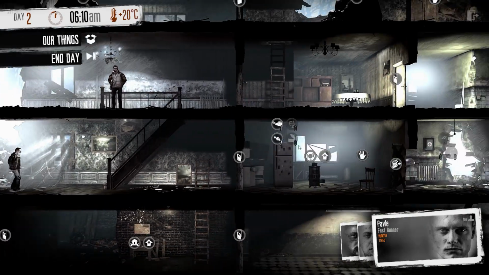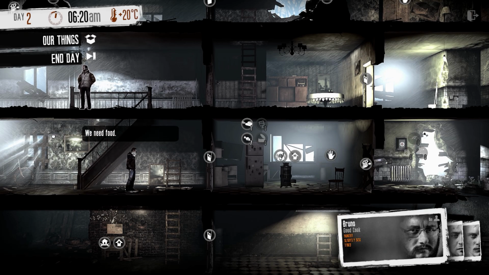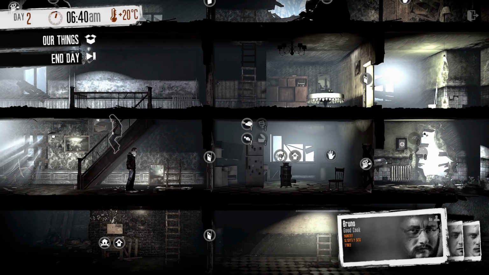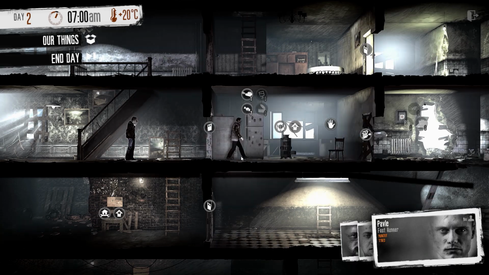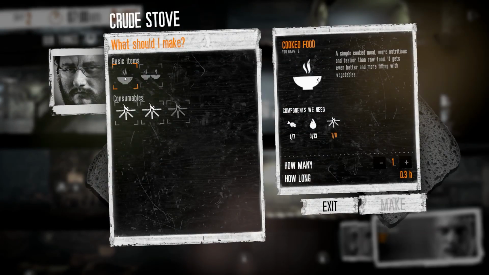But there's enough color and ambiance, even though it is a really dark setting, that it kind of pops in its own little artistic way. Let's see, we got some food now. What do I want to do? Our people are tired and hungry, and one guy is still sleeping, so we need to make some food, which needs some